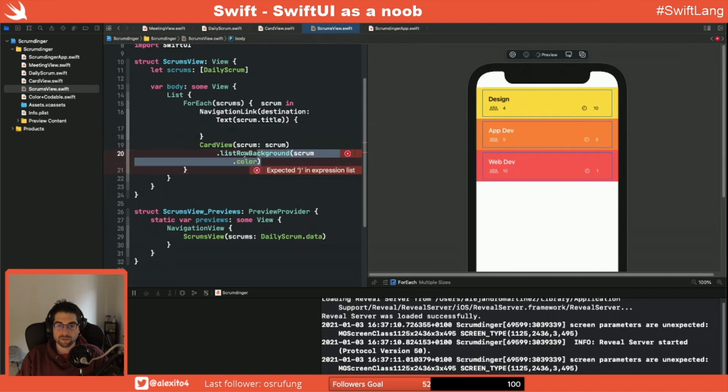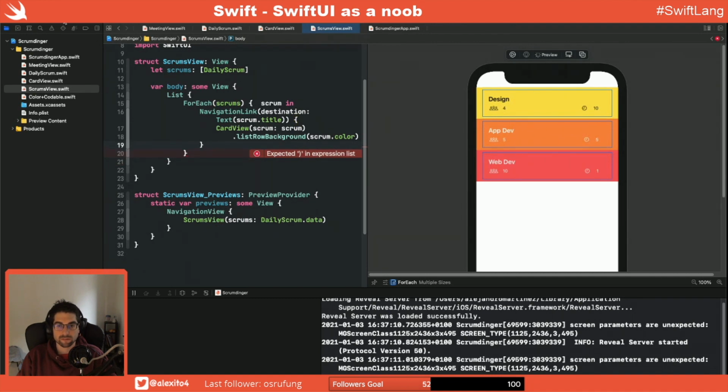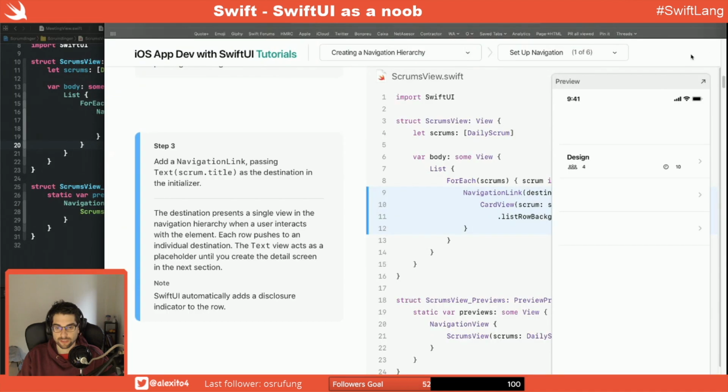And we put all of this here. So the destination presents a single view in the navigation hierarchy when the user interacts with an element. Each row pushes to an individual destination. The text view acts as a placeholder until you create